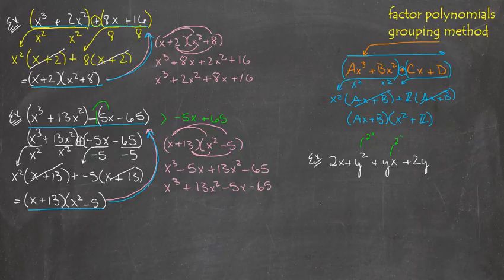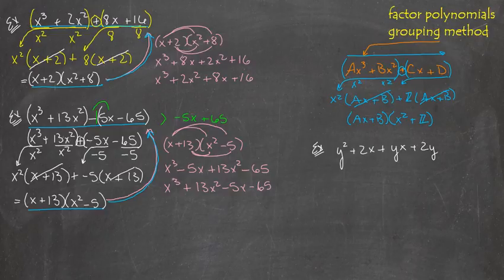Well, you have to choose a variable. We're either going to write in descending order on x or in descending order on y. And in this case, because I have a y squared, I'm going to choose to descend on y. So a second degree y term, y squared. So sometimes grouping method is useful if you're dealing with more than one variable in your actual problem. So if I have the example y squared plus 2x plus yx plus 2y,